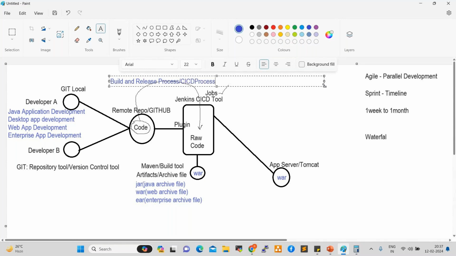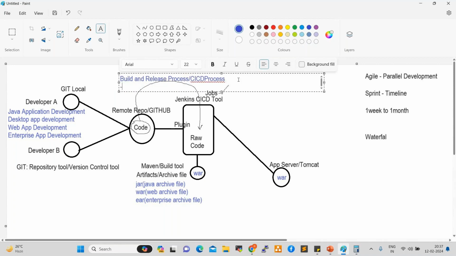This process is very, very important. Every organization and every project team is following it currently. Without Agile and without CI/CD, parallel development will not work. So currently this is very, very popular, because every organization is using the Agile methodology. Fine, clear, right, everyone? Any questions so far, anyone?